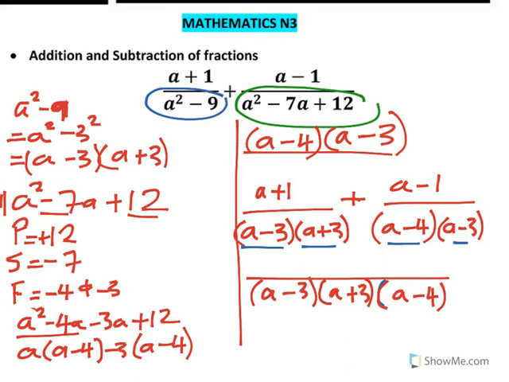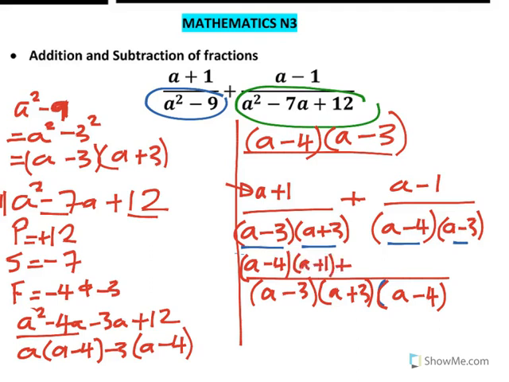We are saying the first fraction, the whole of this, a minus 3, a plus 3 into the bottom, a minus 3, a plus 3. It will cancel out what is similar, and what you're going to remain with, if you can check, is a minus 4. So you're going to have a minus 4 multiplying the top, the fraction, which is a plus 1,